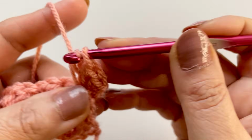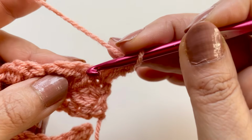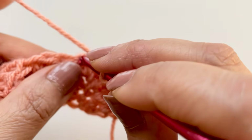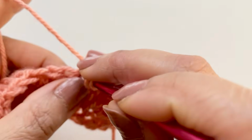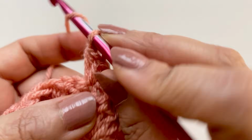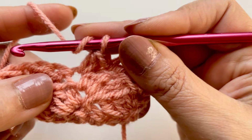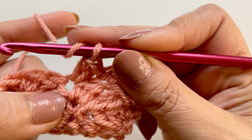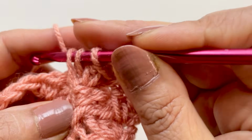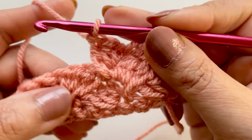Pull up your loop there and do your double crochet. Then miss your 2, go to your single, do a single crochet, and then a half double crochet, then wrap the yarn around. You can pull your work to see that's the one we're working in. We want to go into the previous one, and do your double crochet into there,